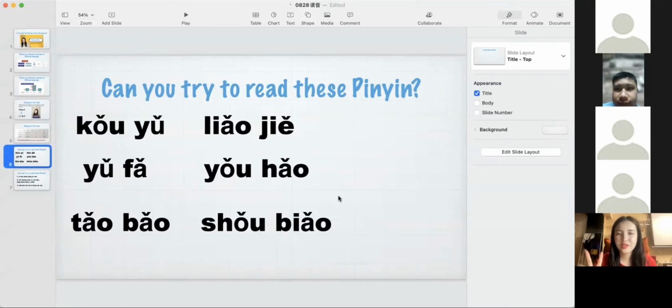And when 2 third tones combine together, we change the first character into the second sound, into the second tone. Did you get it? 可以吗?好的。